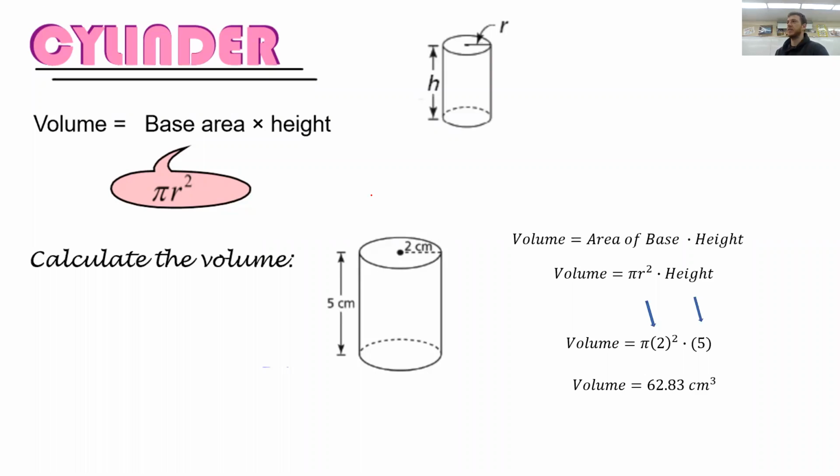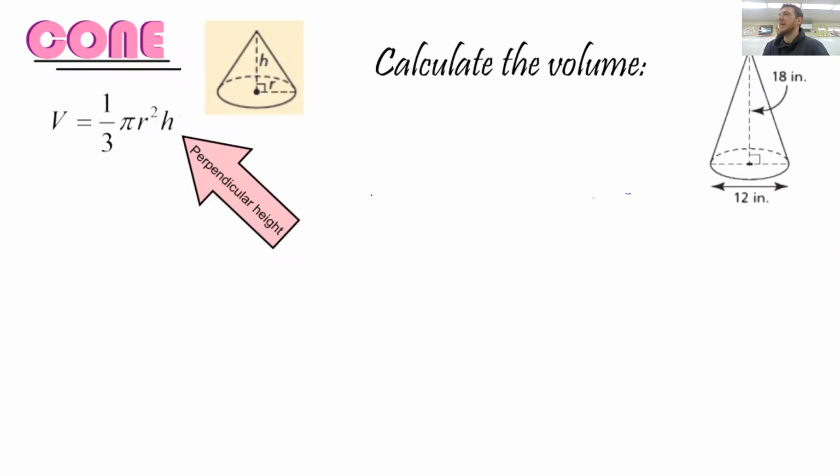From the cylinder, we are going to do the volume of a cone. So the formula is right here, 1/3 pi r squared h. And it's important to know that now that we're doing volume, you cannot use the slant height anymore. You have to use the perpendicular height, which is what's given. Now, for bonus,